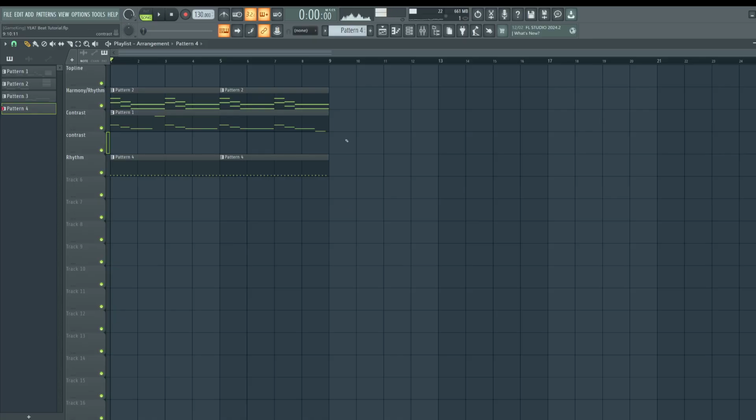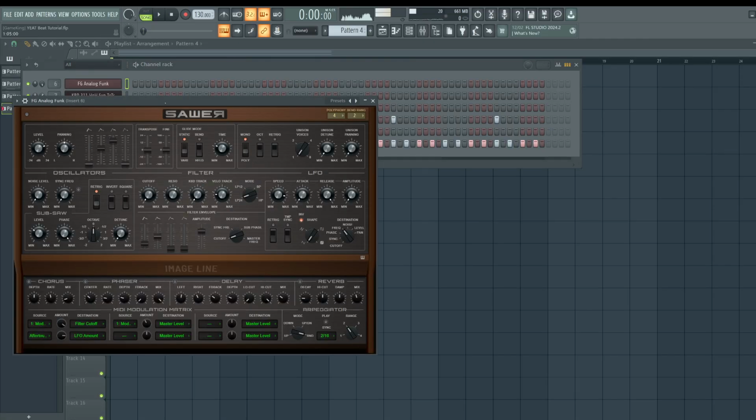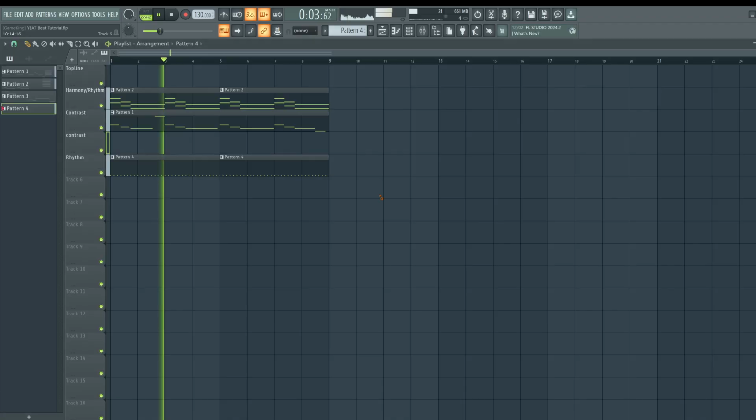Let's take away some of the effects from the arpeggio. That way we're not taking emphasis away from the bass. I'm going to alter the bass a little bit here, just so it has a little more bite to it. Just widening out the panning here. There we go. Now we have a nice full bass.